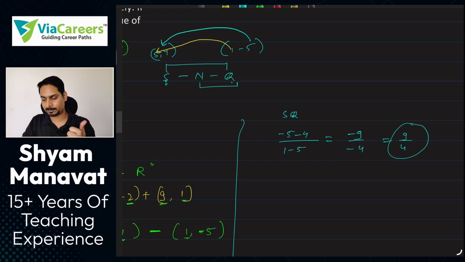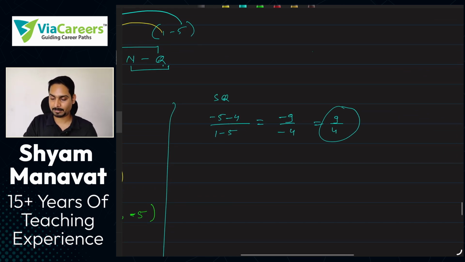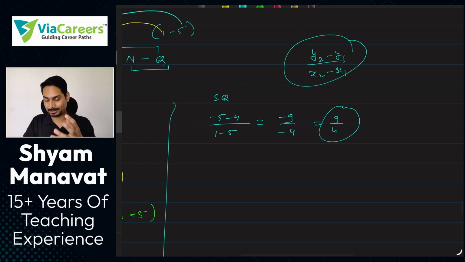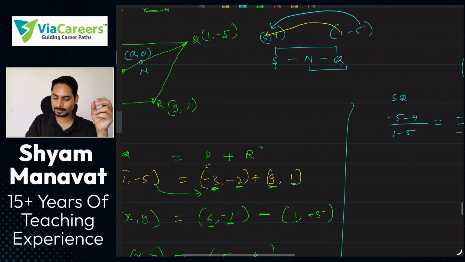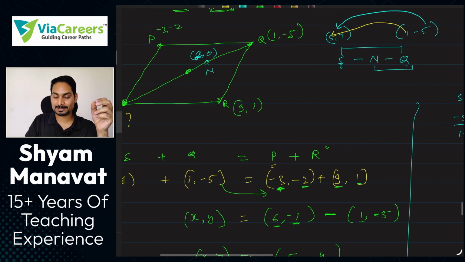Slope का formula सबको पता होना चाहिए. Yeah? Shall I write the formula once again? y2 minus y1 by x2 minus x1. We have discussed this in coordinate geometry. Okay. Now it should be same. It should be equal to the slope of NQ. Now n जहाँ पे आपके पास क्या है? A. The x coordinate A. This is what we need to find out.